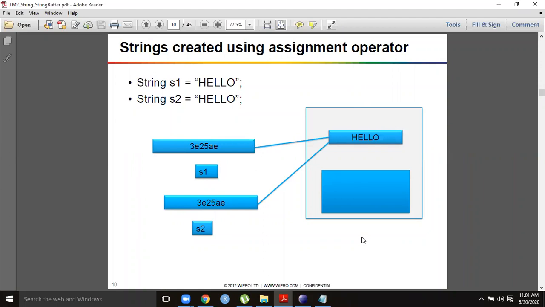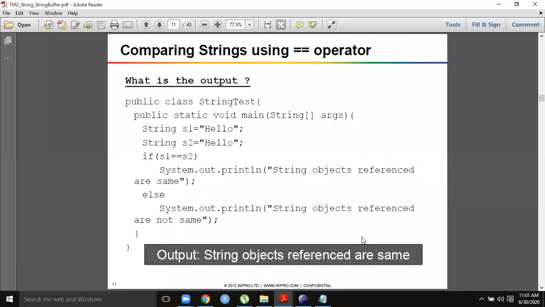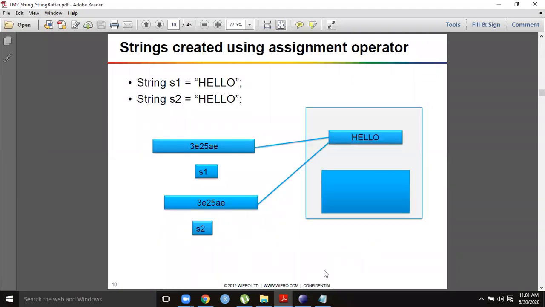Hello is the content. Both the strings s1 and s2 are pointing to the same reference, because whenever an object is created, a reference will be returned to that reference variable. That is why they are pointing to the same hello content.